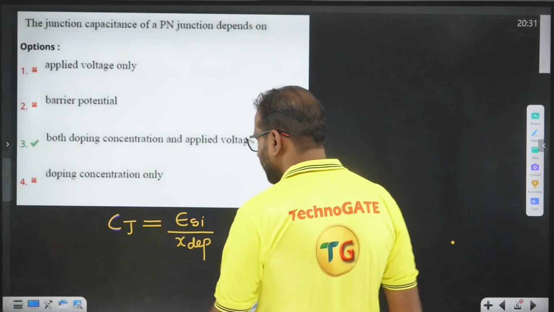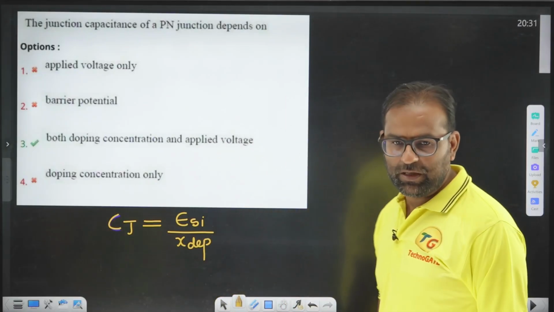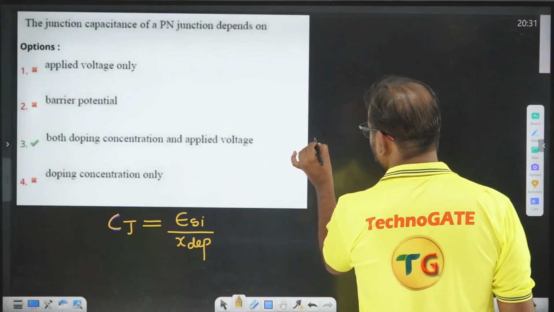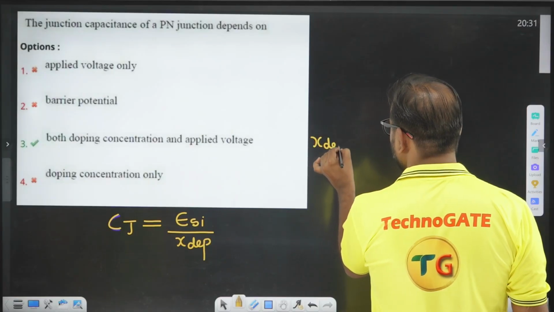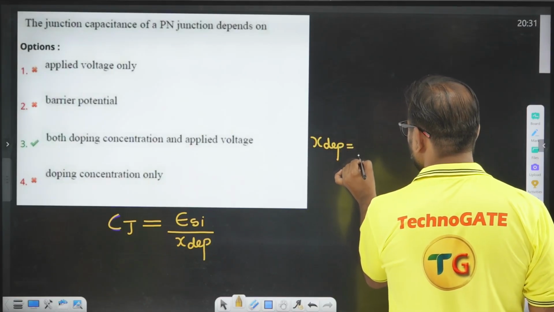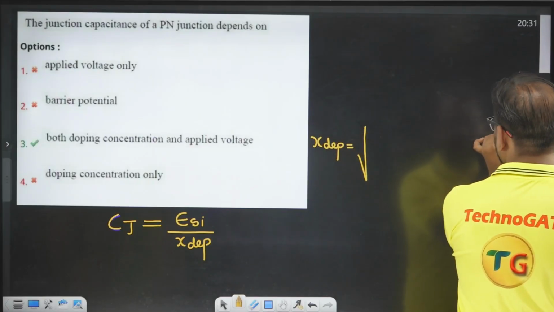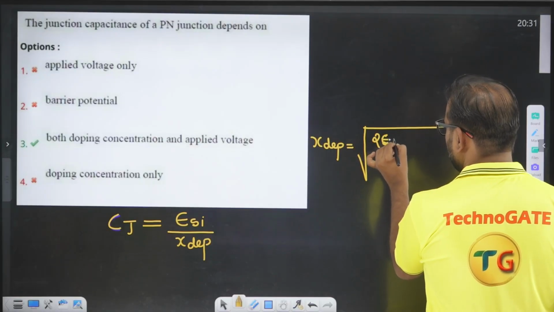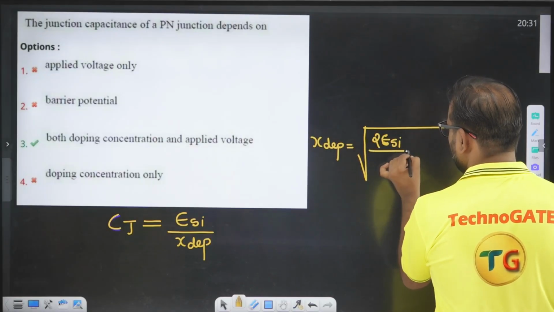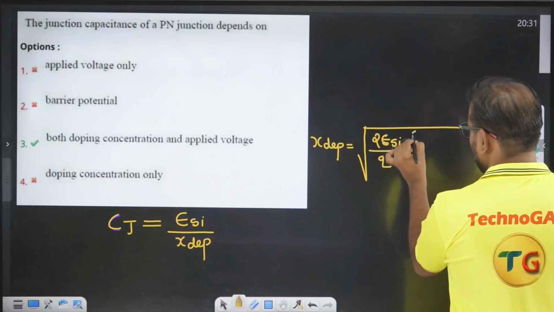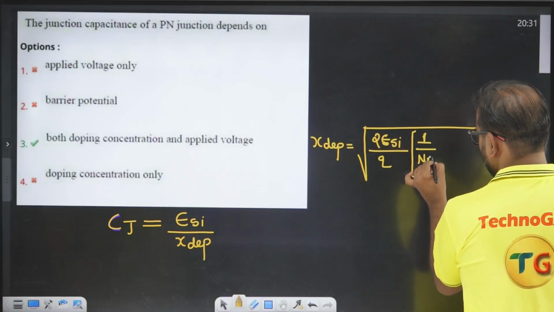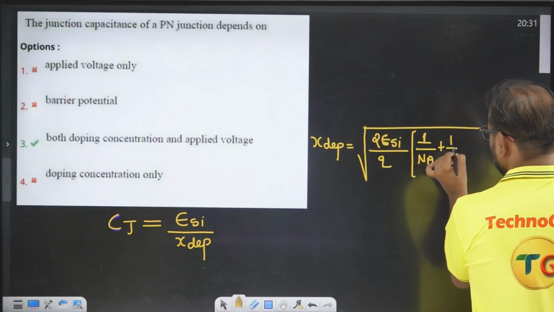What does this W depletion represent? The width of the depletion layer. And always remember, for a PN junction, the width of the depletion layer is given by 2 epsilon of Si divided by Q, times 1 by NA plus 1 by ND,